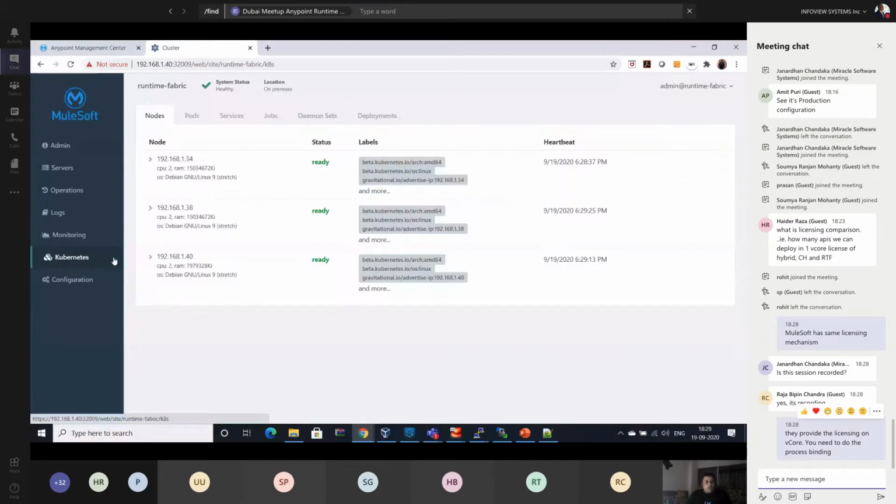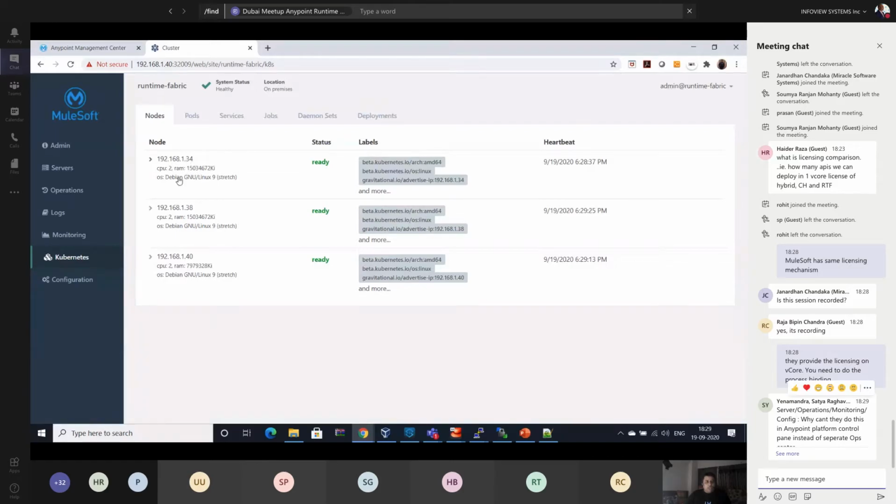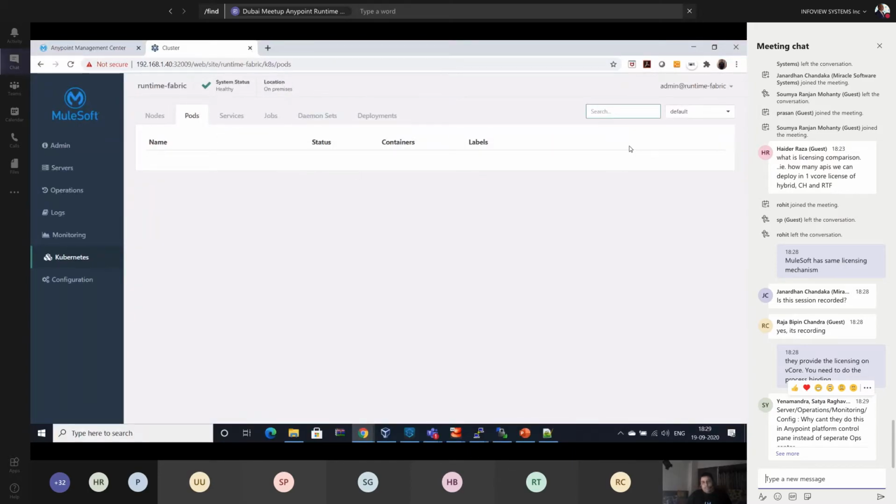And going to Kubernetes, let's see what nodes are available right now. You can see that we have the controller node, right, this one 40, and we can see the 30, 38 and 34, which are working as nodes for us. Okay, the pod right now we do not have any pod, okay, because we have not created any pod,